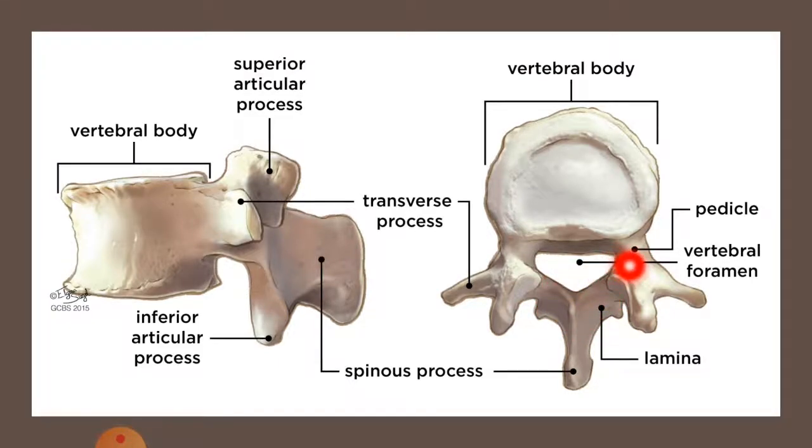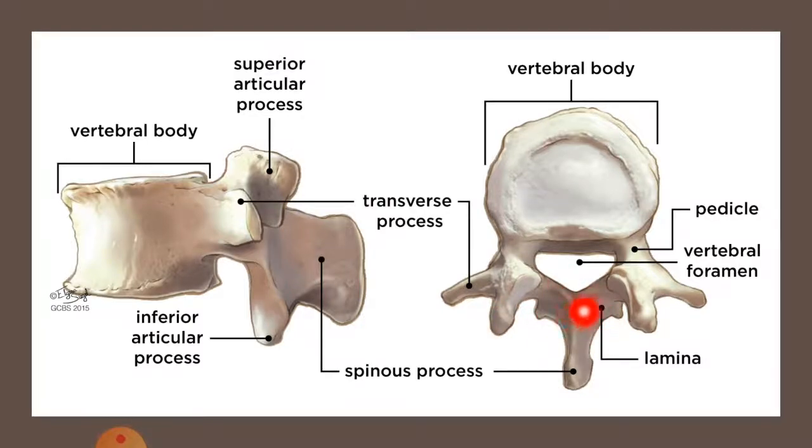The lateral walls of the vertebral foramen are formed by the pedicle, and the posterior wall of the foramen is formed by the lamina. Where the pedicle joins with the lamina, you can appreciate a process arising from the side, and this is called the transverse process. The transverse process lies at both sides, because there are two pedicles and two laminae. So where each pedicle joins with a lamina, a process arises from each side, and we call them the transverse processes.